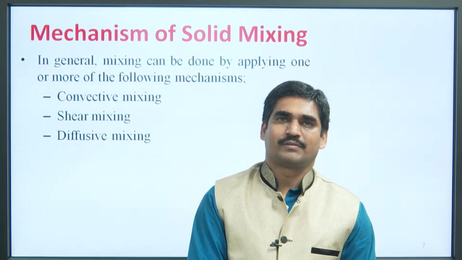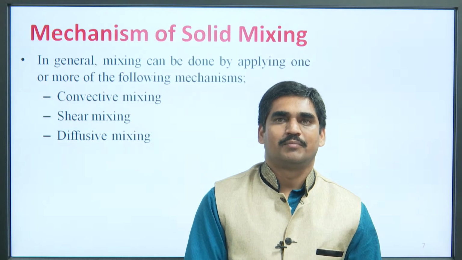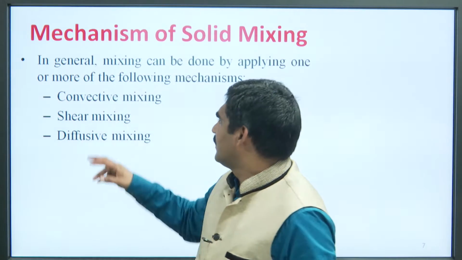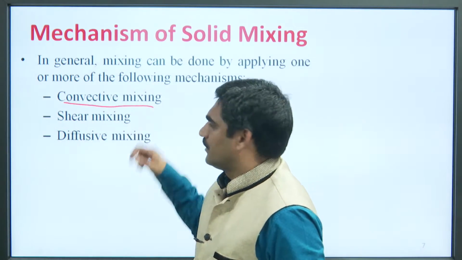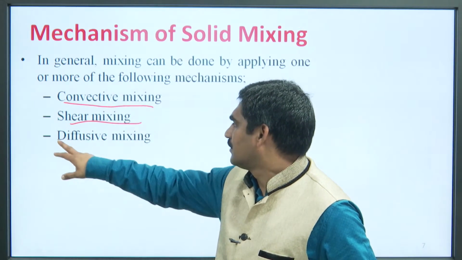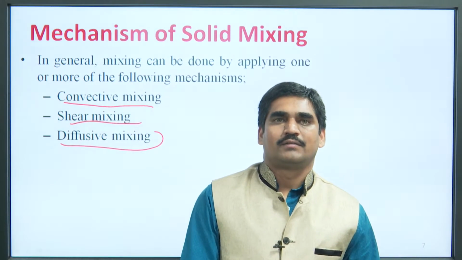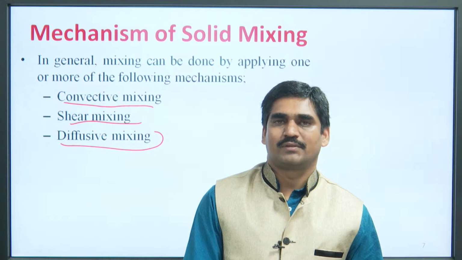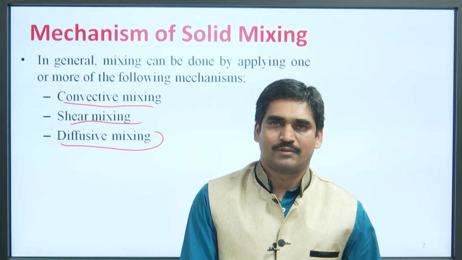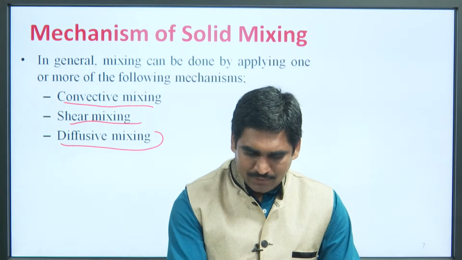Mechanism of solid mixing. In general, what happens? For solid mixing, three different processes are involved: convective mixing, shear mixing, and the third one is diffusive mixing. These three different types of mixing mechanisms take place in solid mixing. First one is